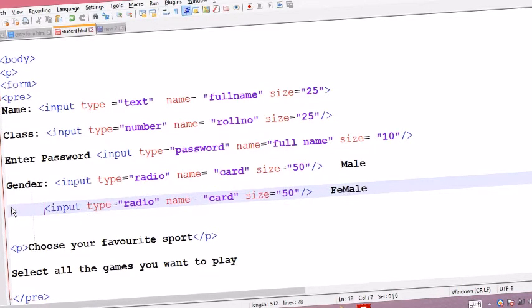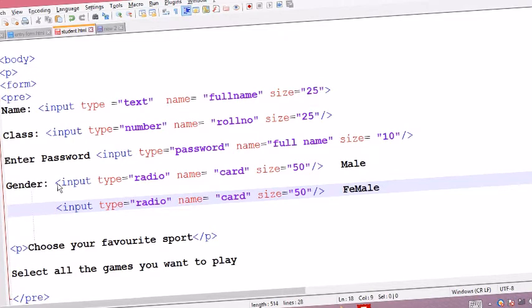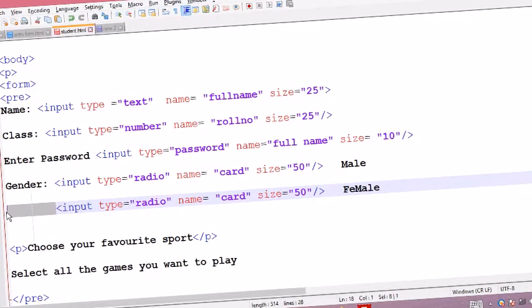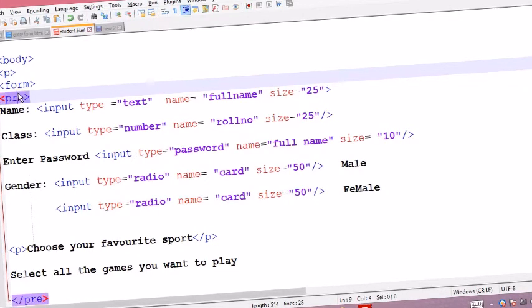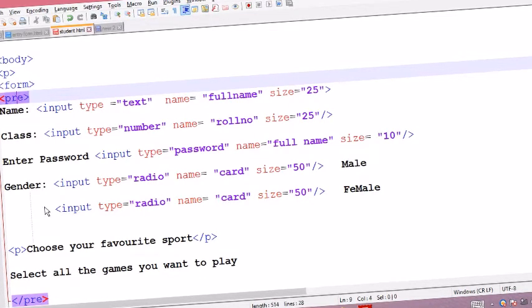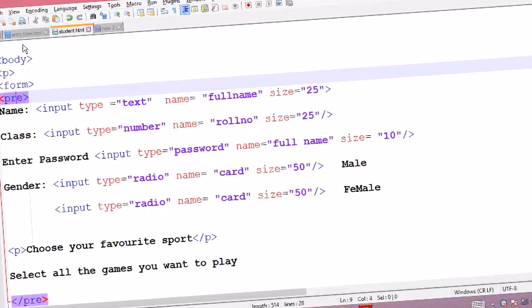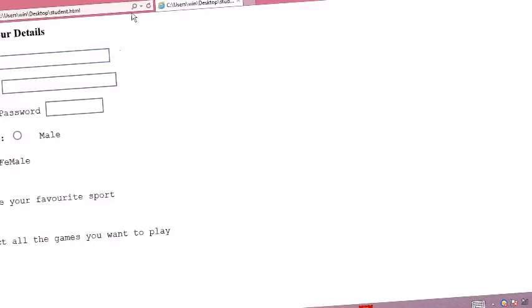So I am giving the space, and we are starting these two tags at the same space. This space is also considered because of this pre tag. As it is, whatever we give in between these opening and closing pre tags is displayed. Now we'll save it, go to our web page again and refresh. See, this is shifted. This is the space we gave in our HTML file.